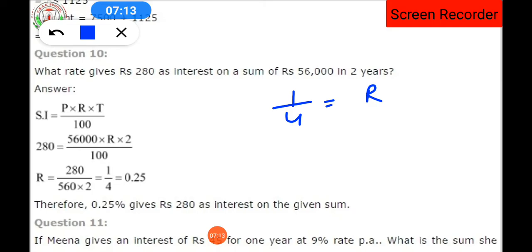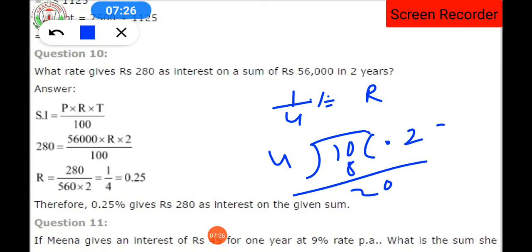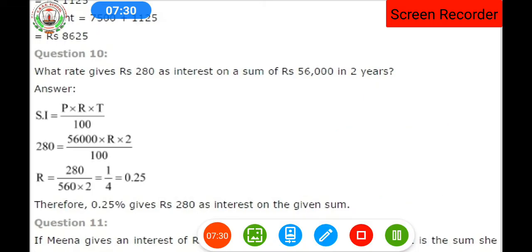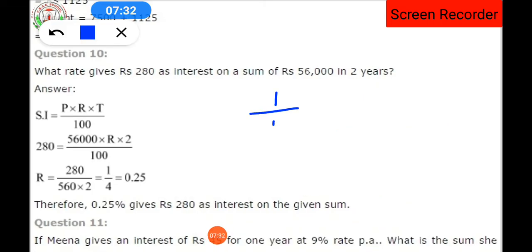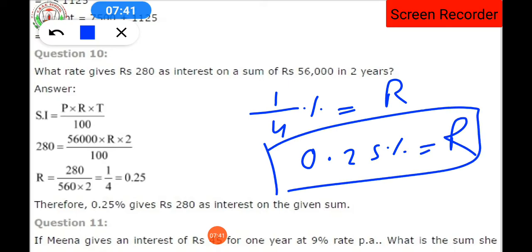परसेंट, सो वी विल गोइंग टू पुट अ परसेंट। 1/4 को जब हम डिवाइड करेंगे, व्हेन 1/4 इज गोइंग टू बी डिवाइडेड, सो हियर डेसिमल विल कम, 0, 8 2 times, here 2 again 0 5, isn't it? So 0.25 is the rate. That means altogether when we are going to calculate 1/4, when we are dividing that 1/4, the rate will come as 0.25, a percent as a rate, which will be the answer.